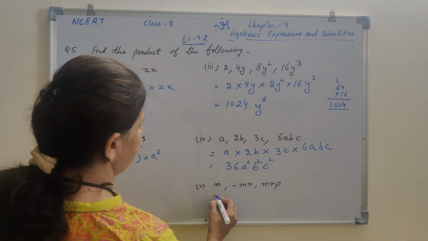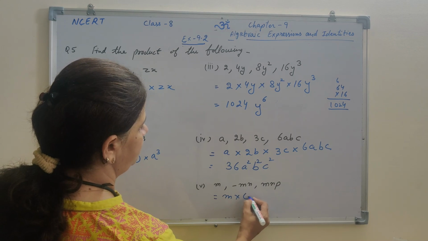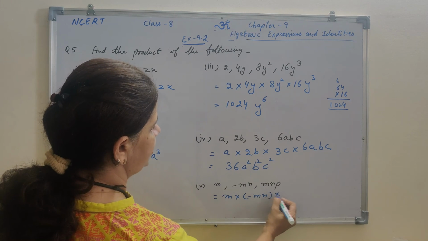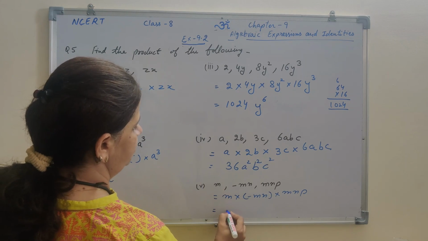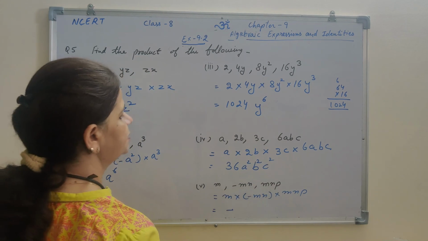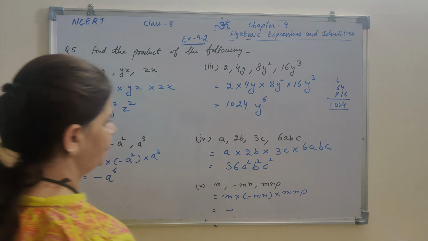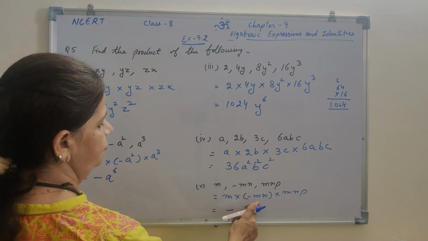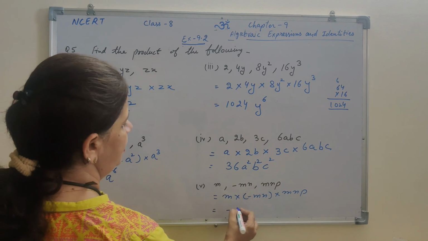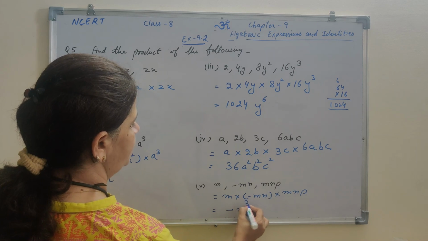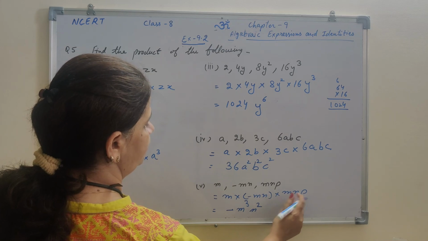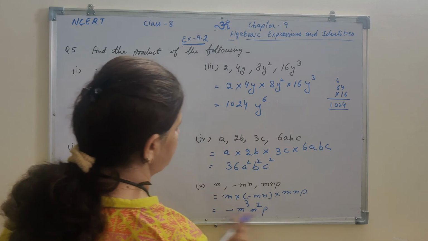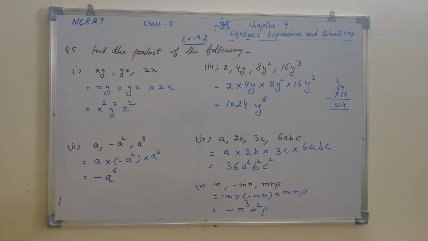And the last is we multiply m by minus mn multiplied by m square p. Answer will come in minus. No numerical value, that means it is minus 1, or you can write down simply minus also. M and m square, and m cube. N and n square, and only one p is there, so it is p. So the answer is minus m cube, n square and p.